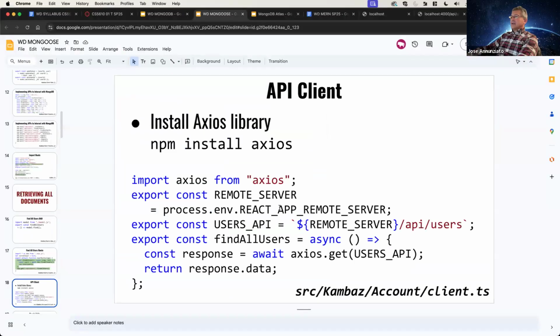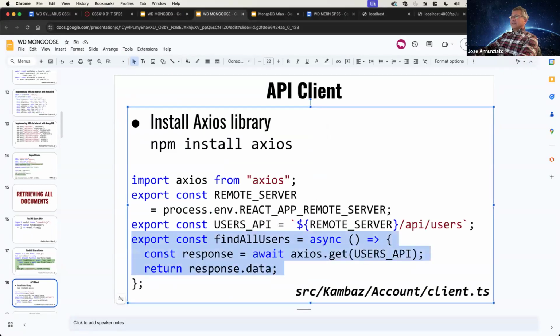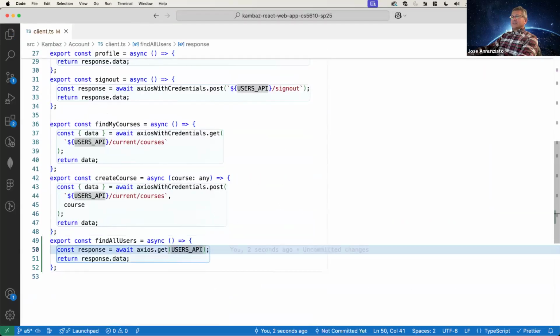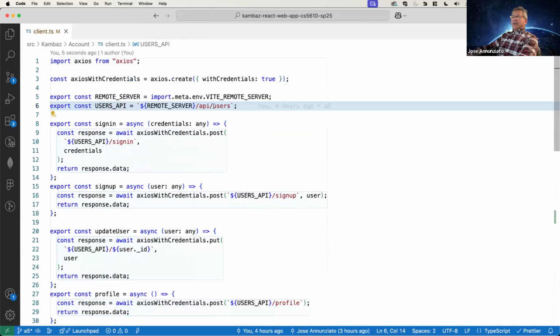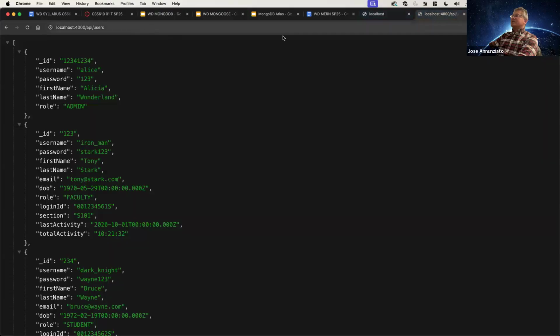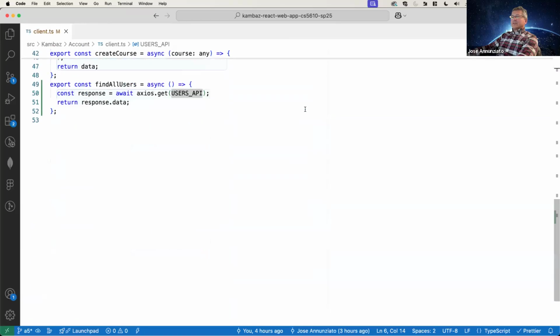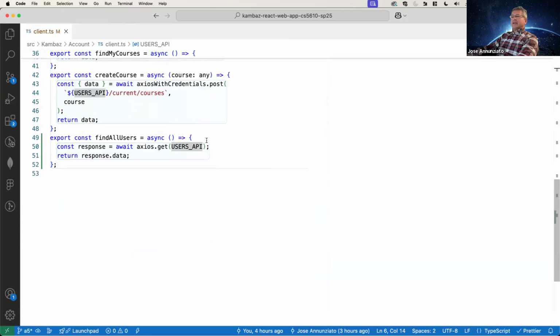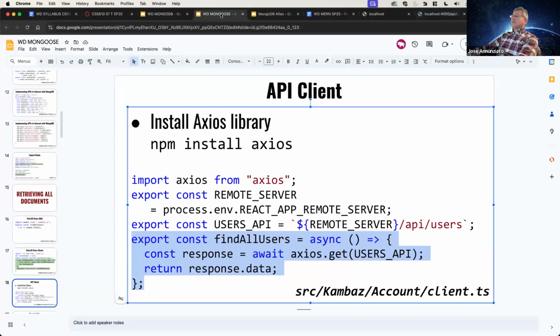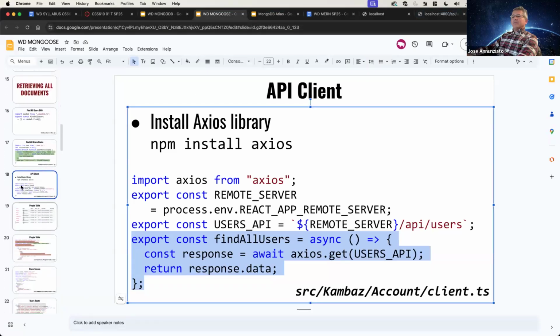Okay, so let's implement that. Let's implement find all users. That's going to do Axios get users with the API, which is localhost 4000 API users. It's this same query right there, API users. So that's what we're going to do right here from the client, and let's use this right from a brand new